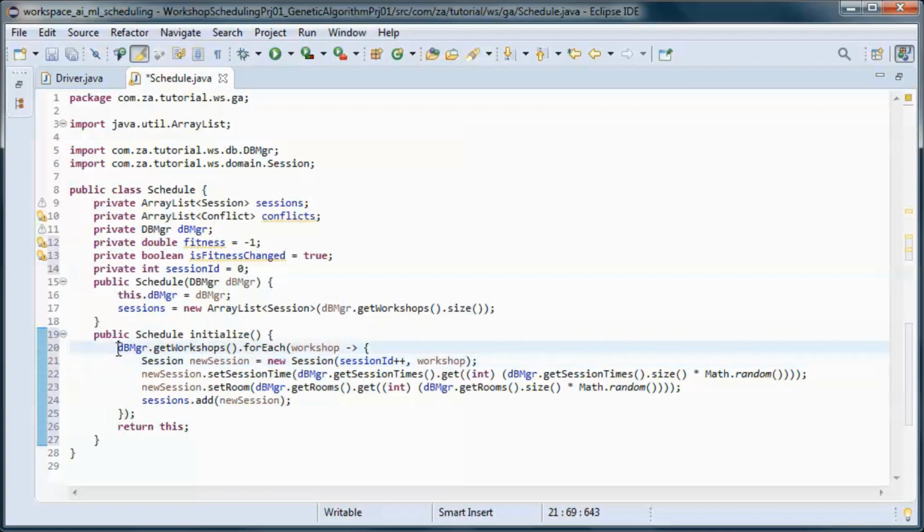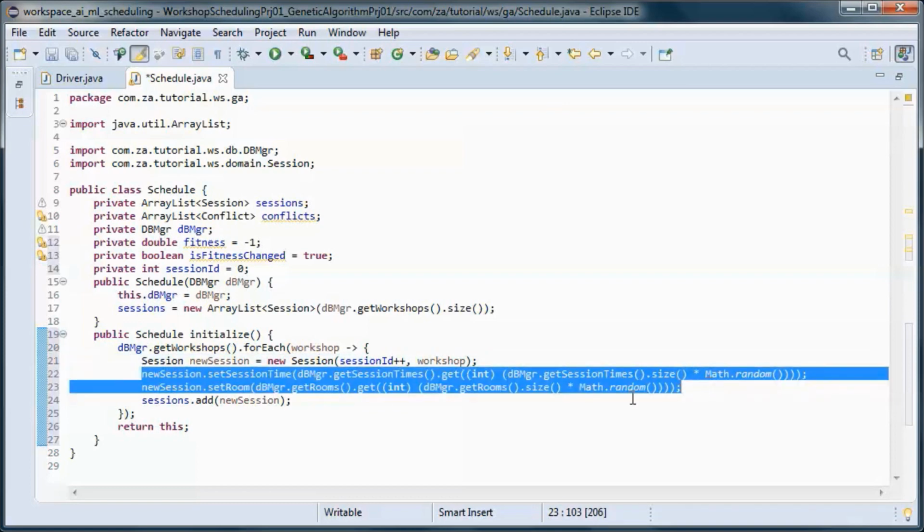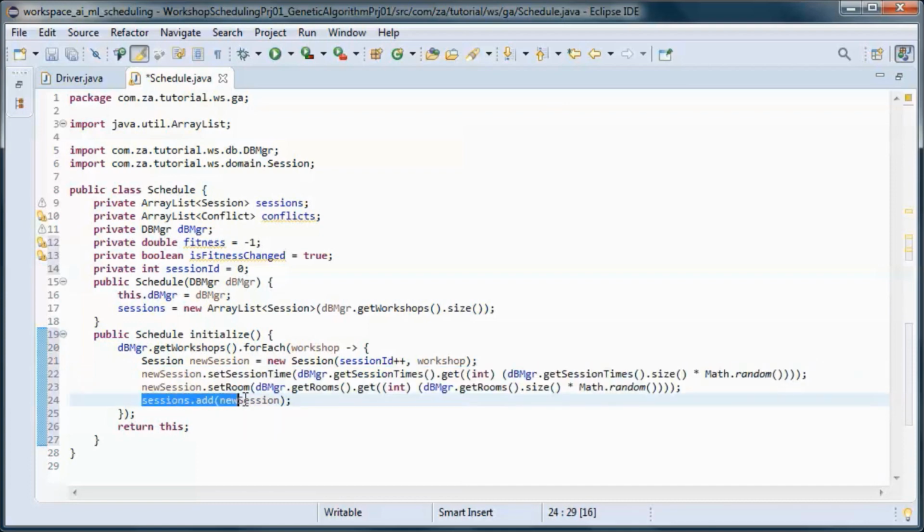So we go through all the workshops coming from the database, and for each we instantiate a new session and randomly set its session time and its room, and then add it to the sessions that we are keeping track of.